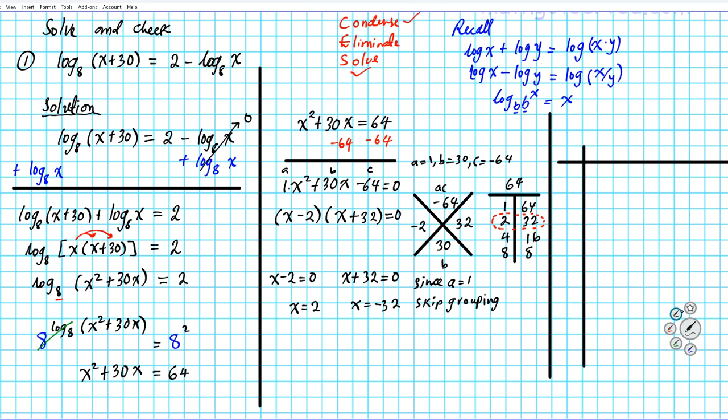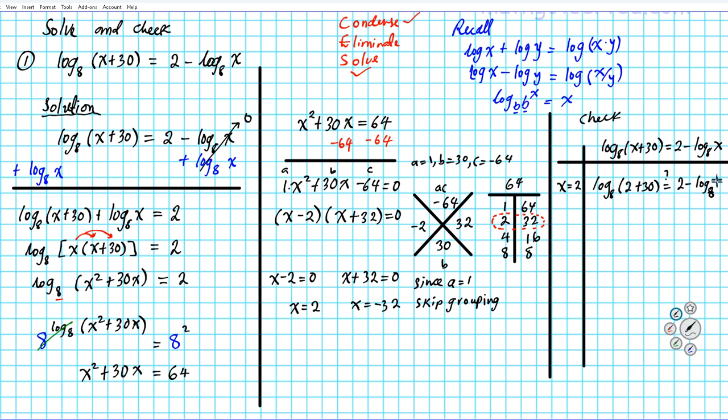Okay, so here goes the check part. The original problem is log base 8 of x plus 30 equals 2 minus log base 8 of x. So let's test the first answer, x equals 2. Just plug it into the original problem. So you have log base 8 of 2 plus 30. Is it equal to 2 minus